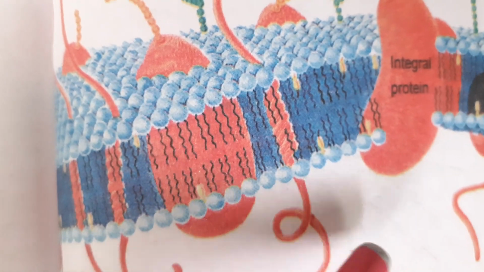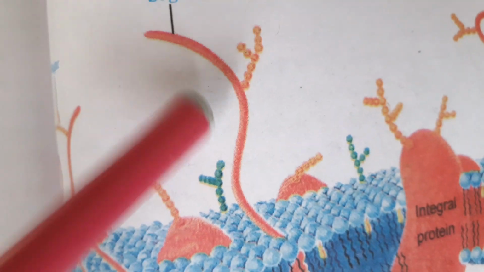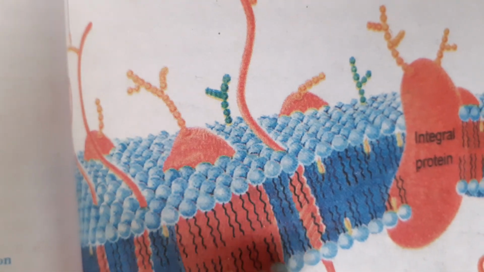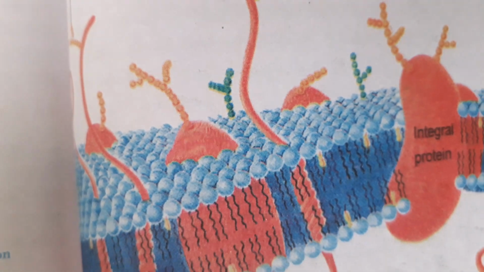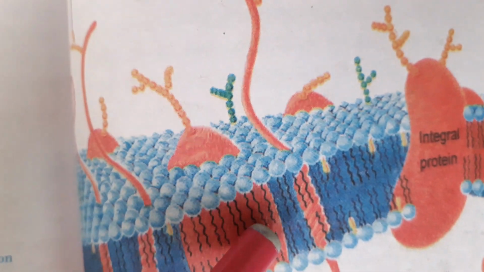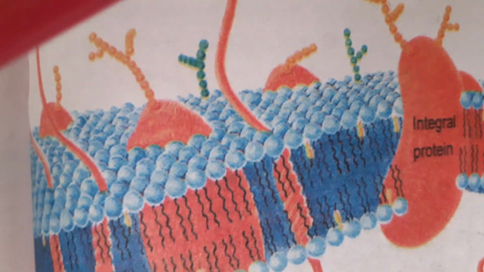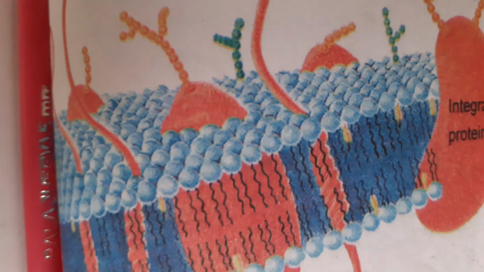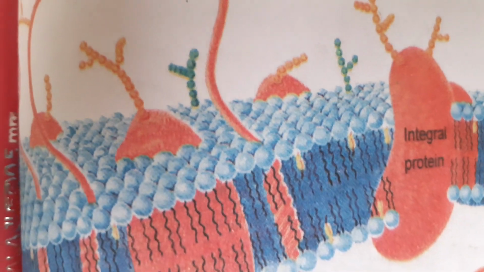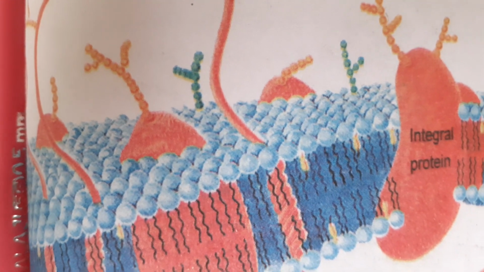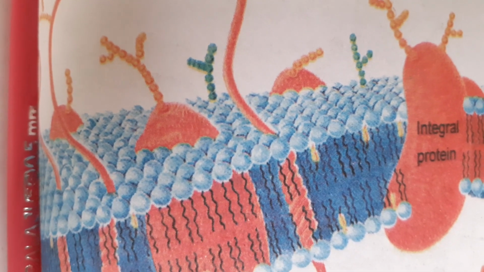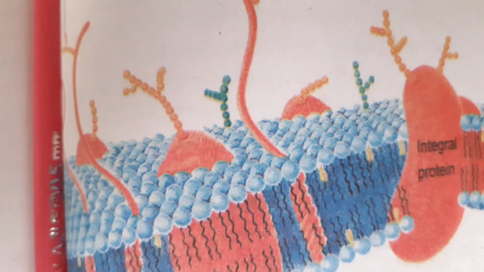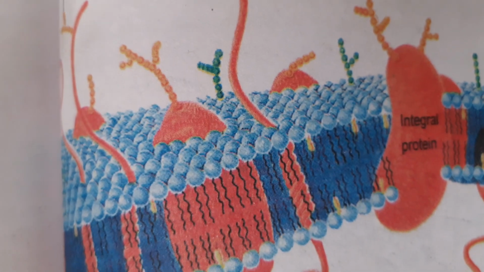This is the internal part of the cell. This is the external part of the cell. So if any molecule from outside wants to come inside the cell, it has to pass this barrier. This semi-permeability of the plasma membrane helps only the selected molecules to come inside. And the movement of the molecules may be by diffusion or osmosis or by active transport or passive transport. So transport of molecules occurs through the plasma membrane.